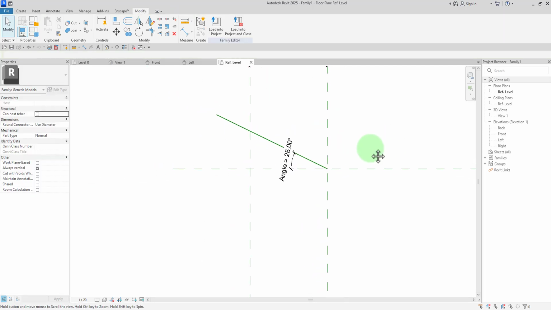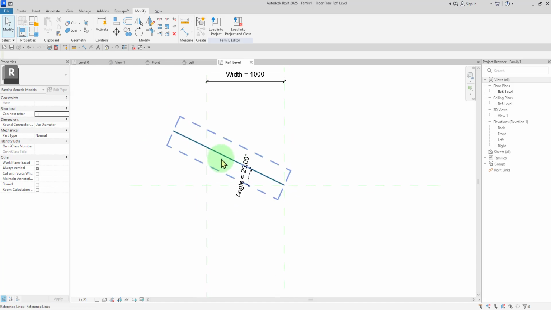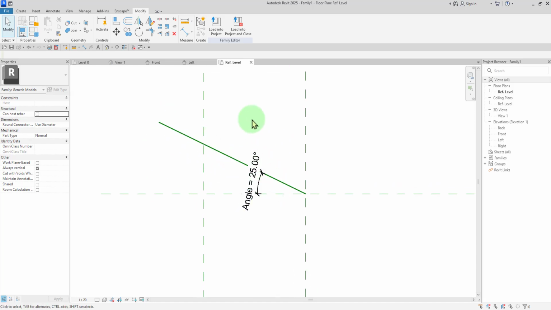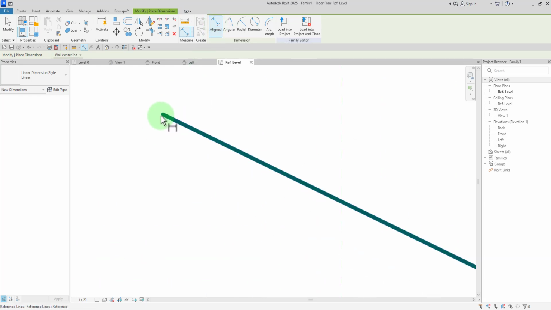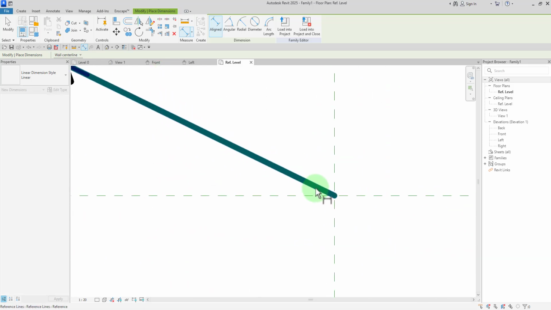So we've done that as well. Now we need to set a dimension for our width of this dot. So we are going to click on our dimension tool right there. Make sure you click on align, and then make sure you find the tip of that reference line. So just hit the tab key right there, and then I can notice it's selected. All right, it's at the tip, so I can click on that, and then I come here and also find